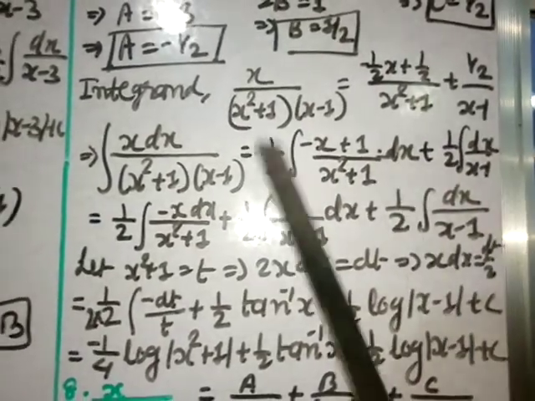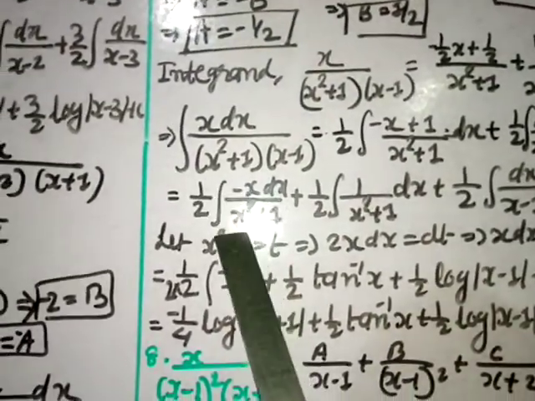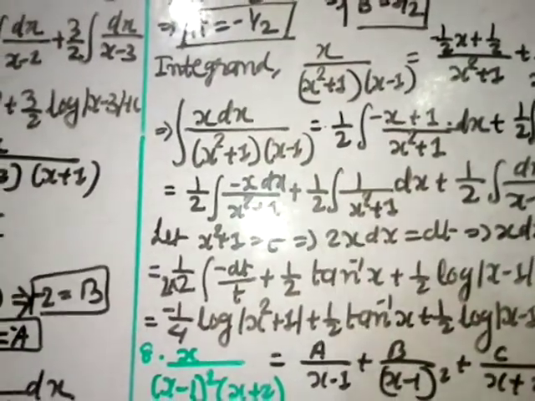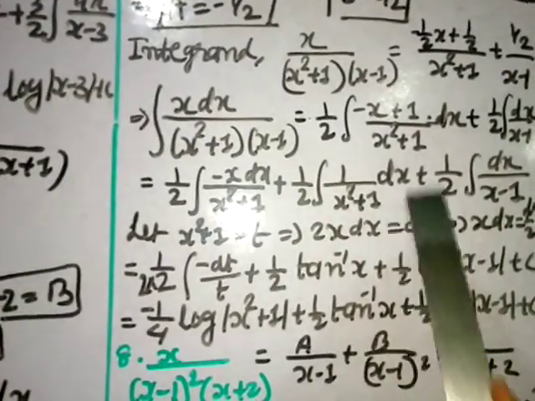This is log, but this you have to separate. This divided by this divided by this. Okay, so I am separating c here, and this divided by this 1 by 2 also I am giving together. Okay, and this is log, so I am not doing, and this also is a tan inverse.